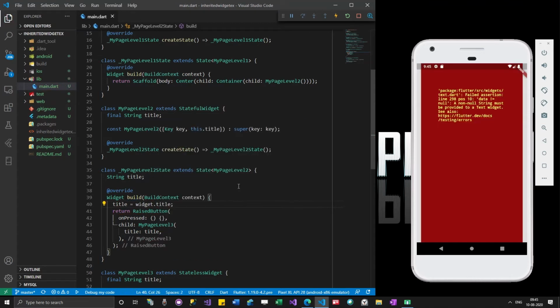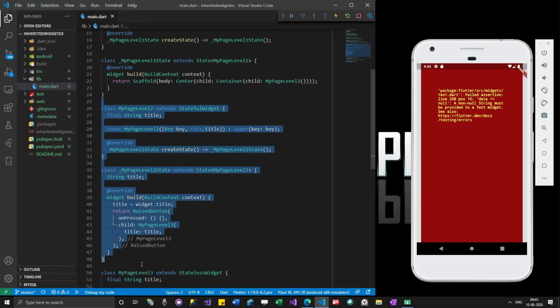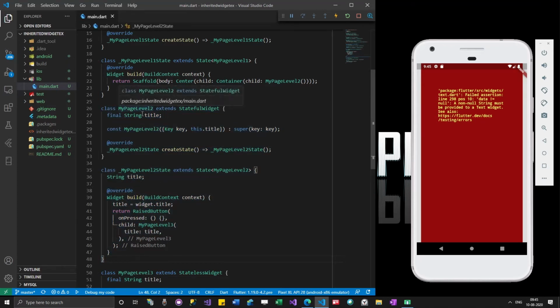Okay, so in order to access a value from here, for example, when I created page level 2 using a stateful widget, you have observed that this page level 2 calls the state 2 class. This whole code is generated.